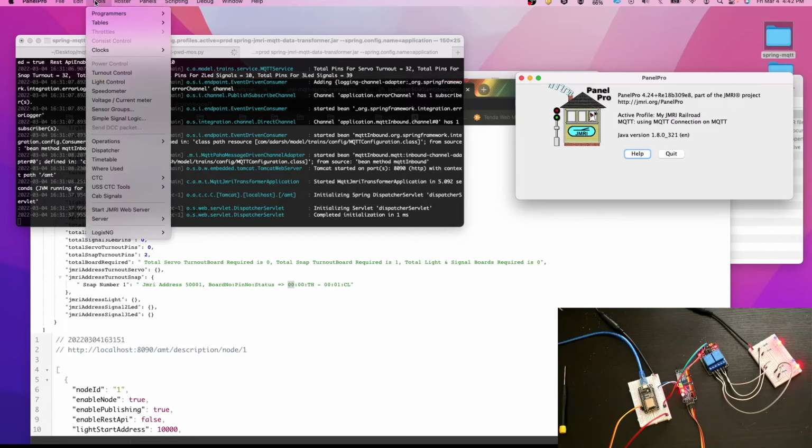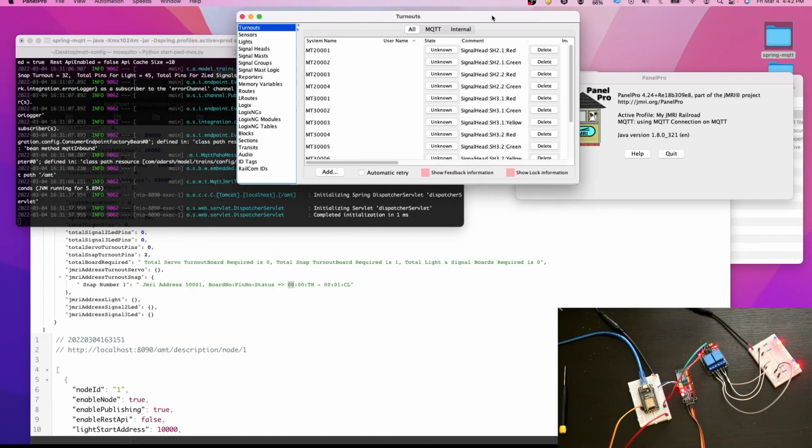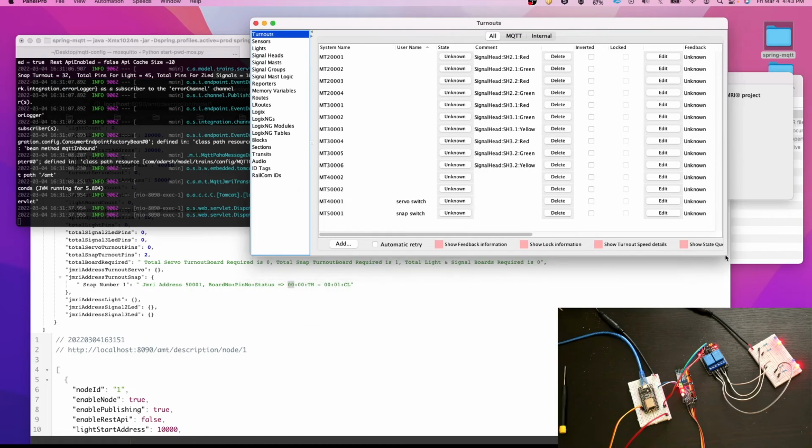We'll go to Tool, Table, Turnouts. Here we have already configured everything before starting. When we covered MQTT and JMRI integration, please refer to that video for more detail. Here you can see the 50,001 JMRI address, and we already have the 50,001 JMRI address here.